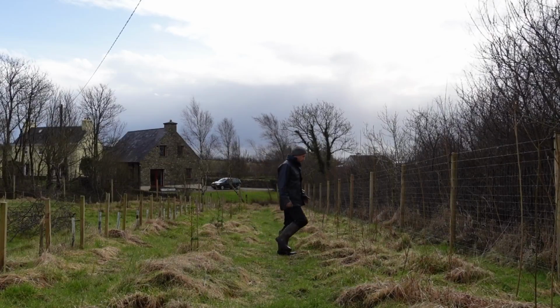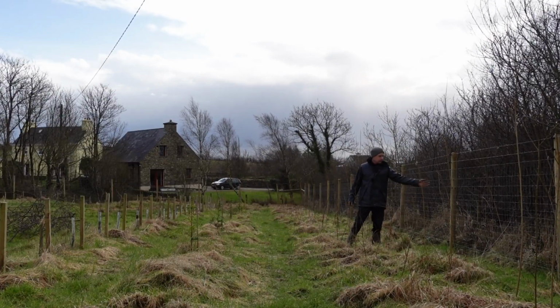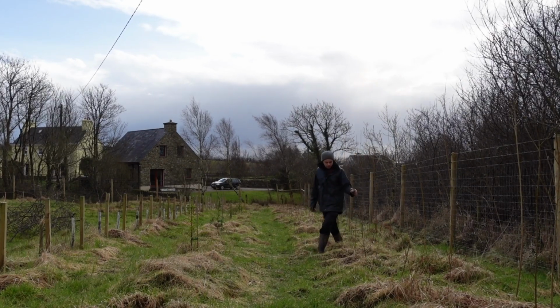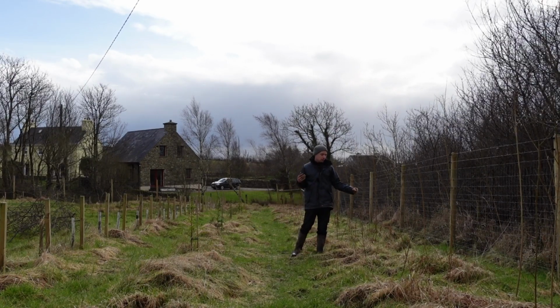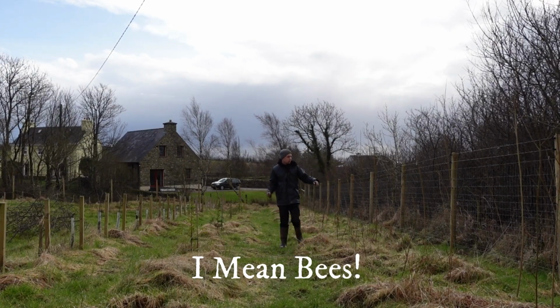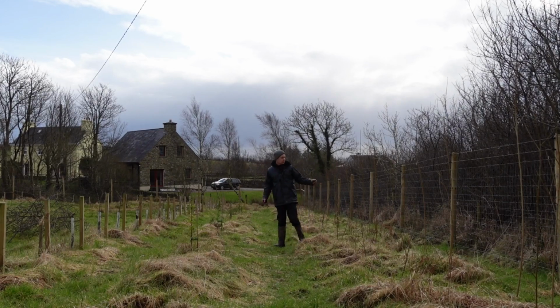This windbreak is similar. We've got 3 rows of willow. To our left here we've got purple willow, common willow, and then we've got grey willow. The reason why I've put some grey willow in here is because grey willow flowers very early, and that gives the birds some pollen, so it's good to feed the birds early. The other willow will flower a little later on, and it's just giving a nice feed for the bees early